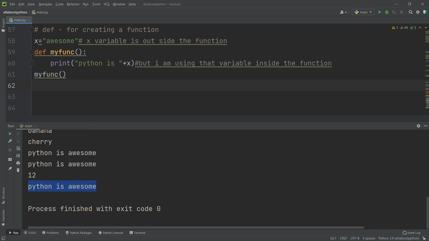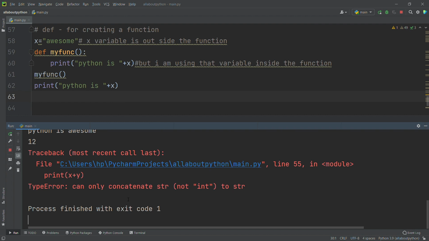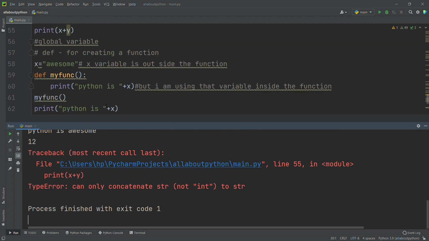Now I will try to print outside the function. So here print Python is plus x, so it's going to be awesome. Now I will run this. Oh no, it's saying some error. The 55th line.